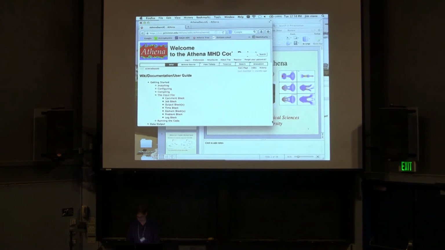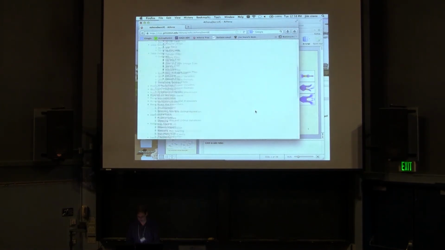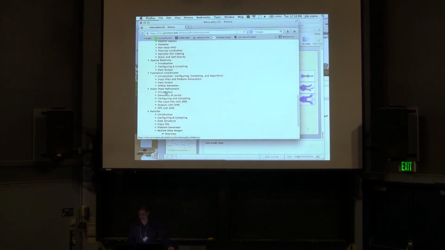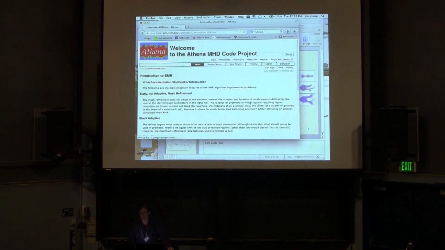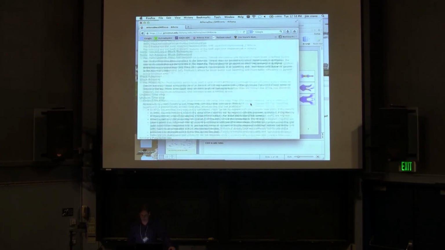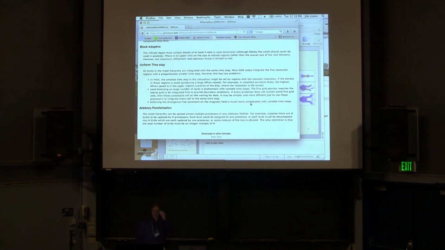you go to the user guide, buried down here is this introduction to static mesh refinement, geometry of levels, configuring. You'll find out about exactly how we implemented Athena. There's lots of restrictions. It's not a very general package. There's things it can do and cannot do. And so, I was going to walk you through this, but I think in interest of time, I'll just let you look at it. Maybe the only point I want to make about this is one seemingly very restrictive property